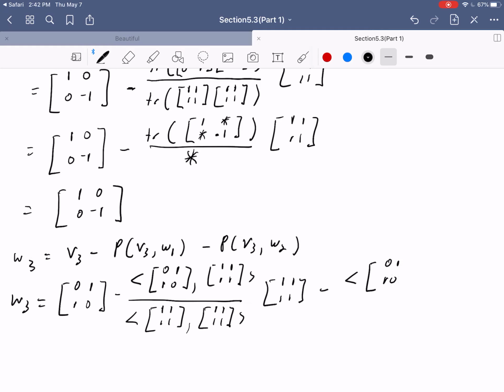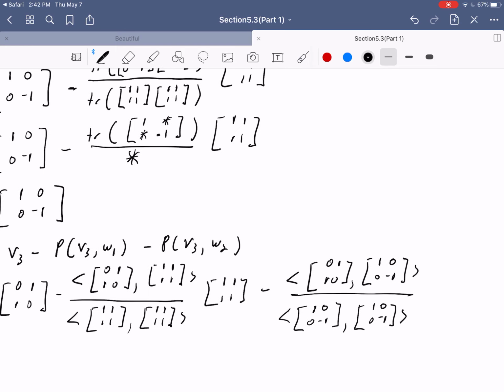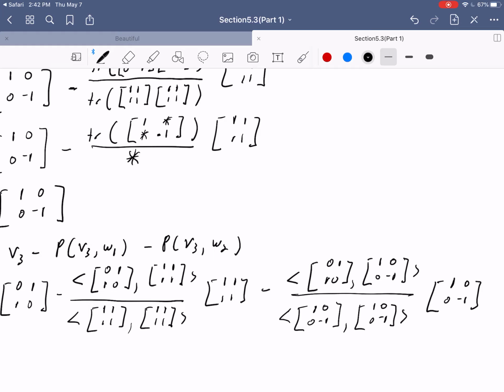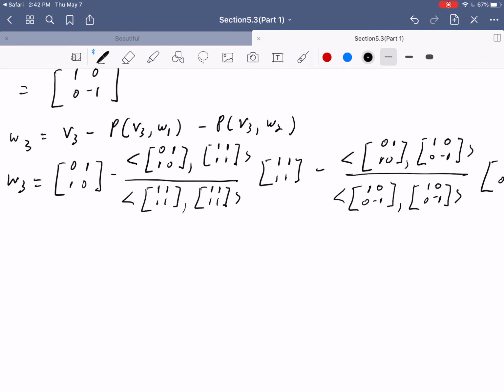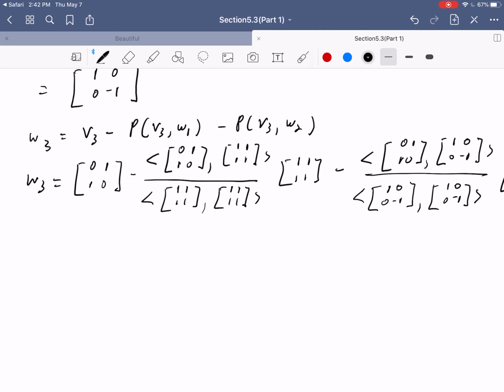So minus 0, 1, 1, 0 along with 1, 0, 0, minus 1, divided by the inner product of 1, 0, 0, minus 1 along with 1, 0, 0, minus 1. Okay, and then of course that'll be times 1, 0, 0, minus 1, which is our W2. Okay, so it'll be a little bit messy, but we can go ahead and do that. So this tells us that W3 is going to be 0, 1, 1, 0